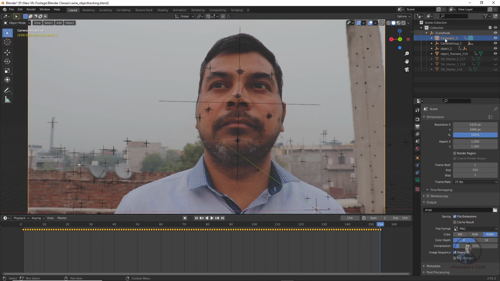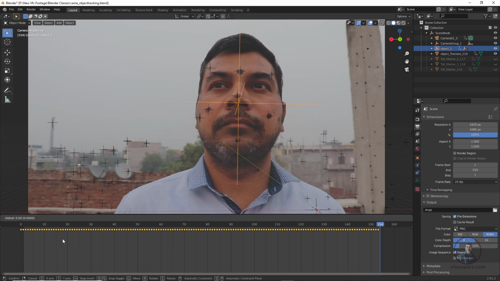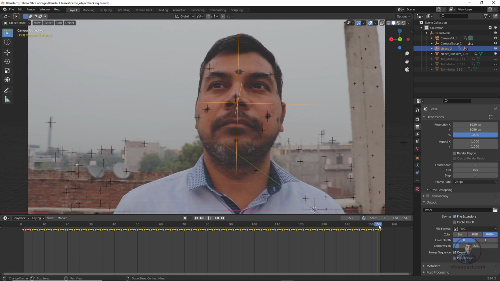Then we have to match our object motion in the same way. So again select this one. This is our object motion group here. Press A, now press G and press Y, and you can shift it. So now I have matched our timeline and these keyframes. Now just play and check.